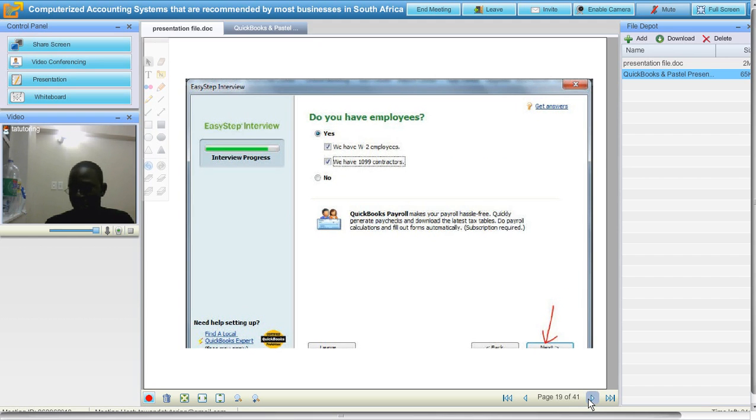Do you have employees? If your company has employees like Tax Sharing Service, you should click yes and tick W2 employees and 1099 contractors.